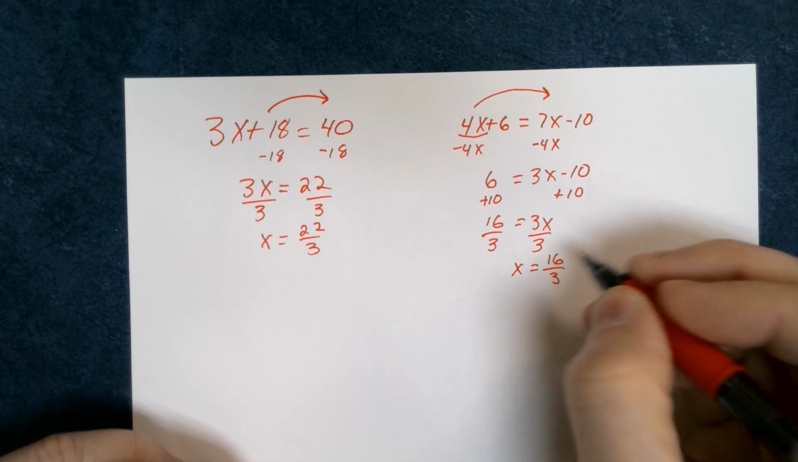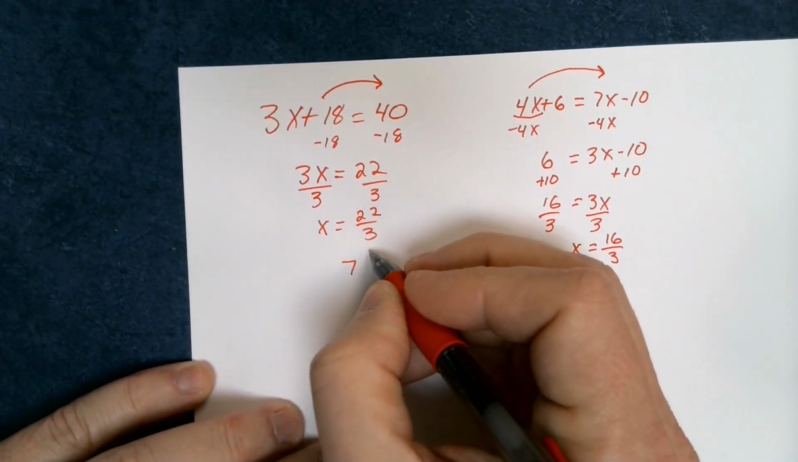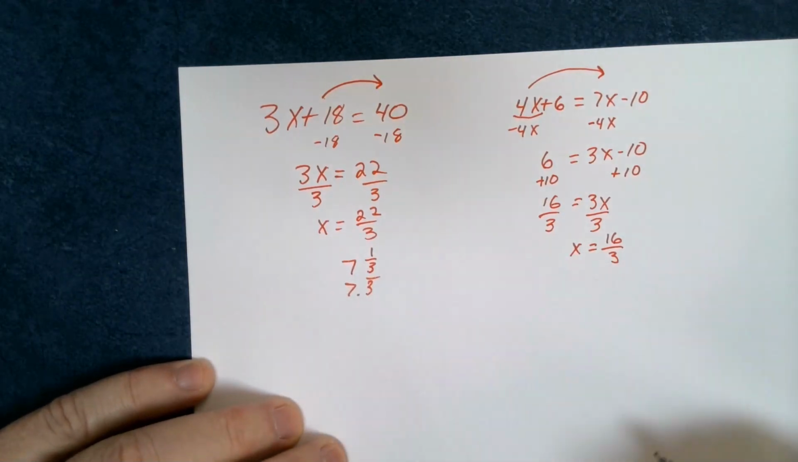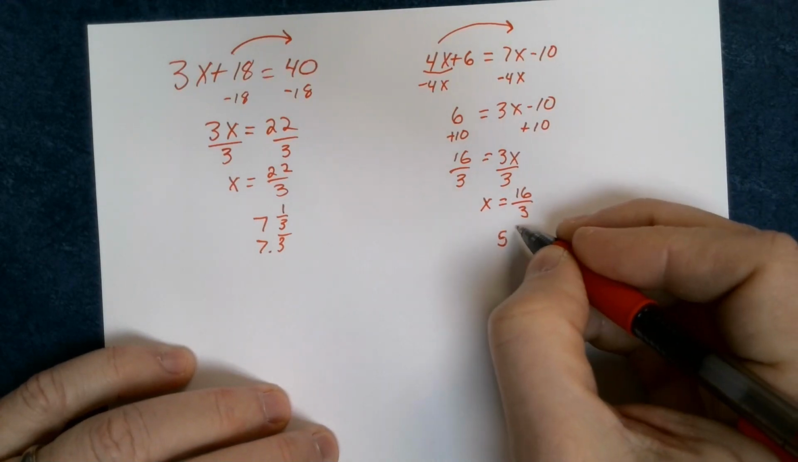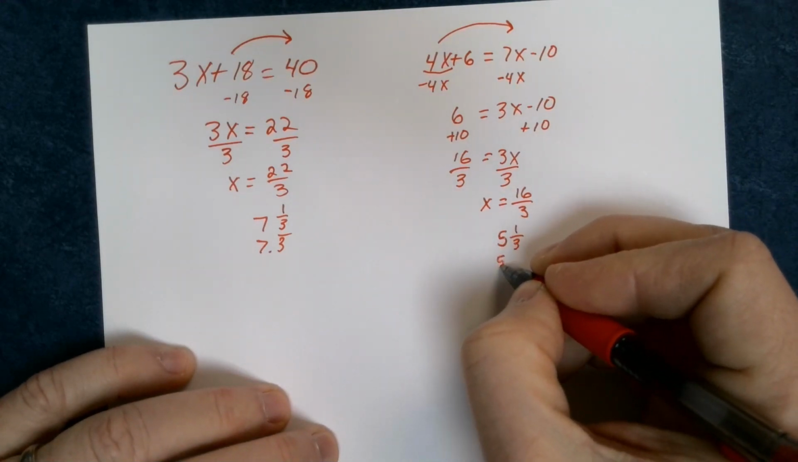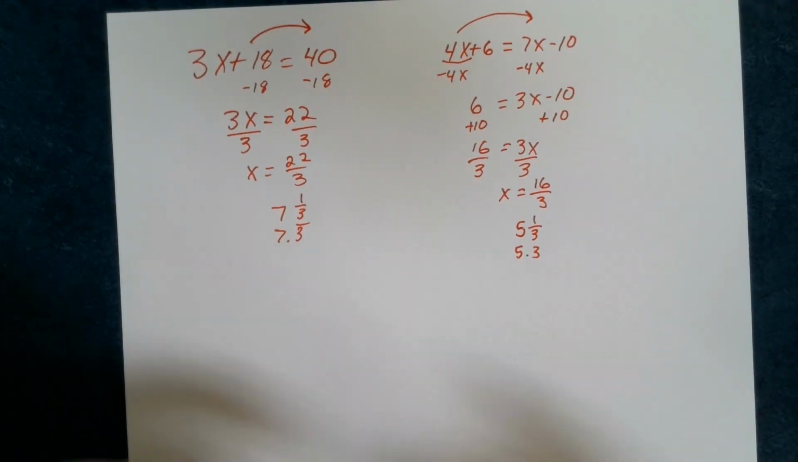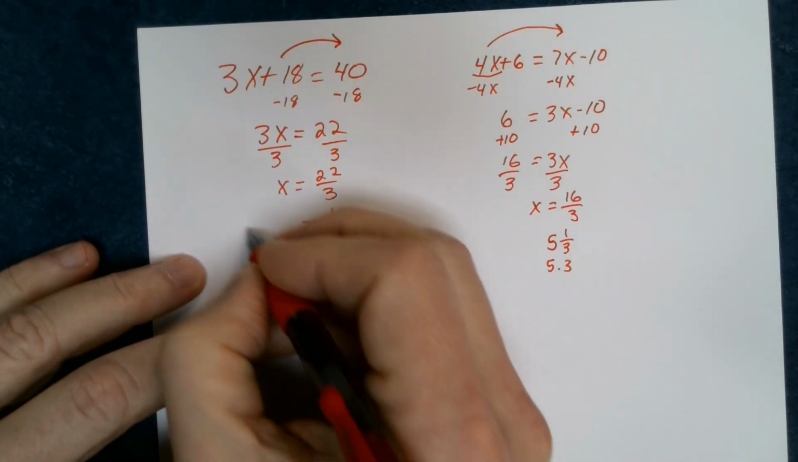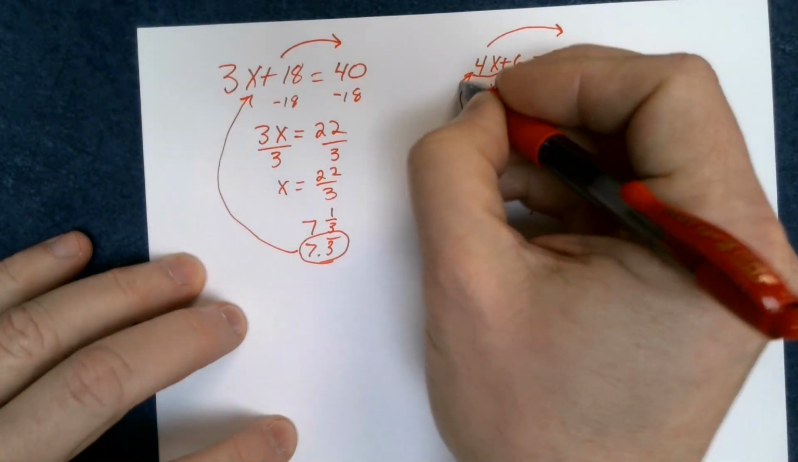Feel free to leave it like this, or change it to 7 1/3 or 7.3 repeating, or over here, this would be 5 1/3, or 5.3 repeating, whatever it is. But one of the things that would help is, once you do this, if you take that answer and you plug it back in to the original equation,